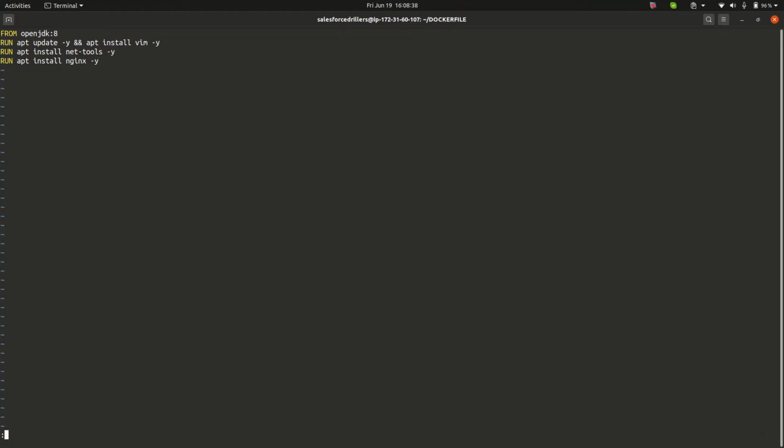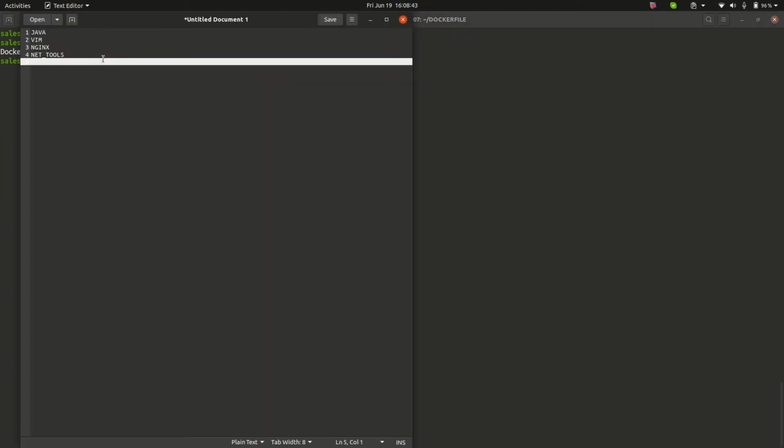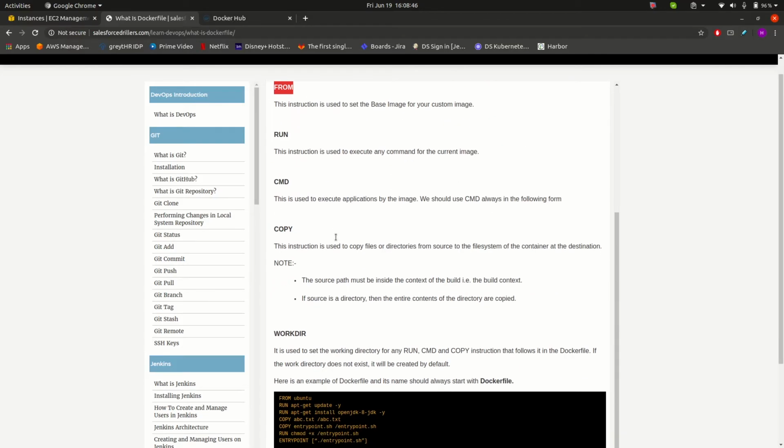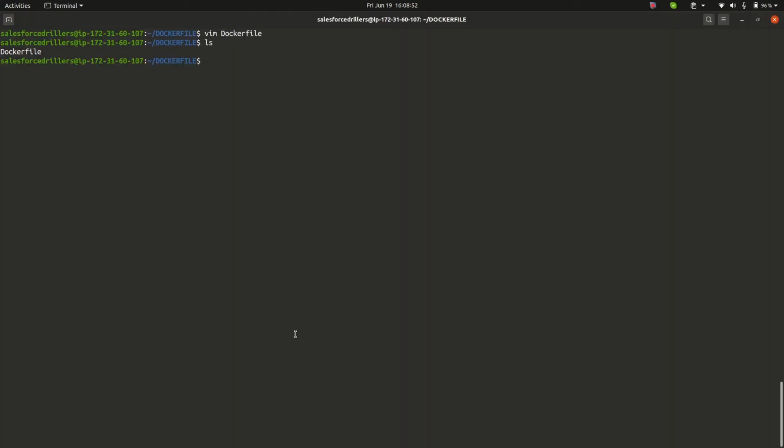Now first of all, let us save this file. Now let us also create one entry point. If you can see the documentation, here in the Dockerfile it is mentioned, entry point. Now what is entry point? Entry point contains a script. Now what does that script do? Whenever the container is run using the custom image that we are going to create now, the script, or I can say the necessary commands written in that particular script, will be executed automatically without any manual effort.